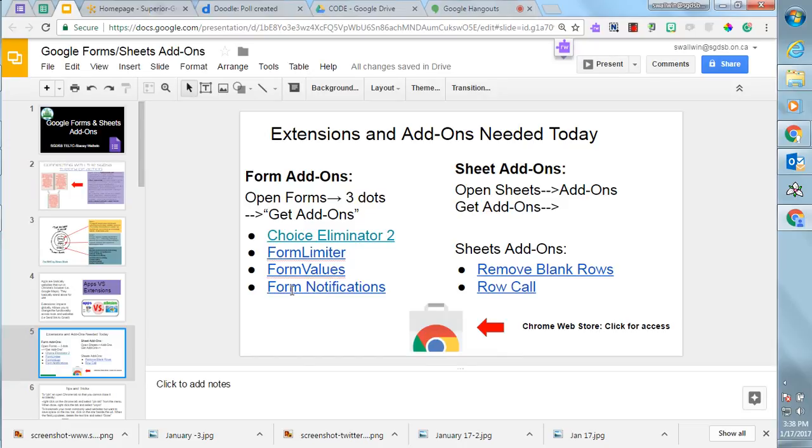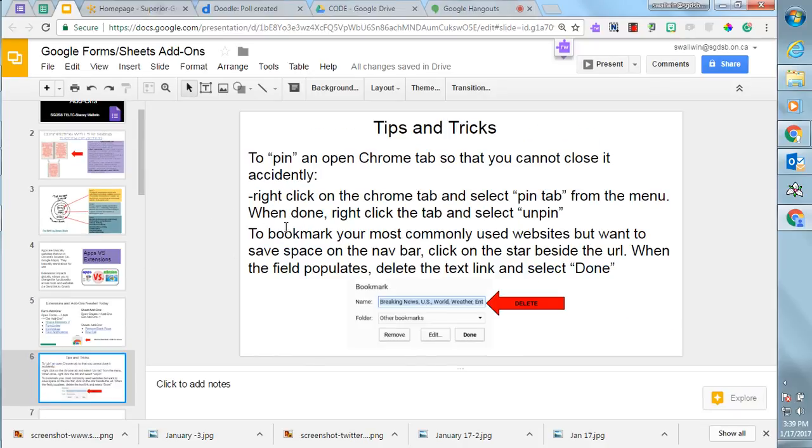Remove Blank Rows and Roll Call in Google Sheets are two that you can use. I don't tend to use Remove Blank Rows, because that doesn't happen to me very often. But I do use Roll Call quite frequently, and we'll look at that. So the first one we're going to look at today